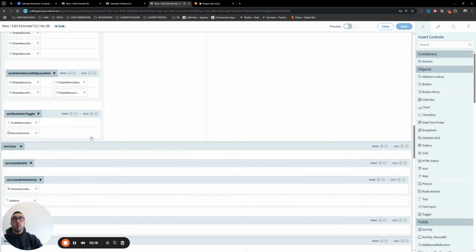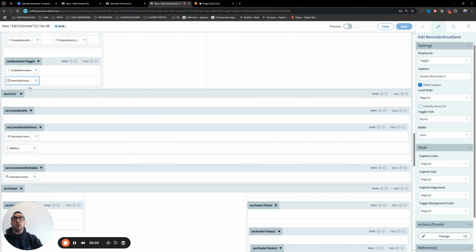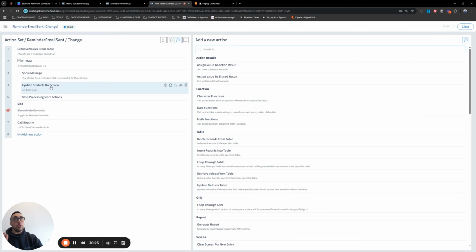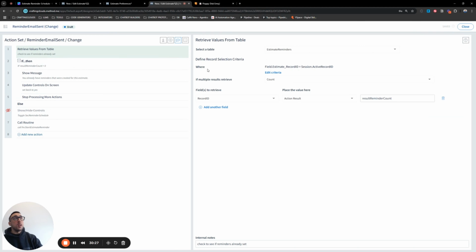So I'm going to go to my toggle and I'm going to briefly show you what the logic is. It doesn't have to be exactly like this, but this should give you good direction. Now, you'll see here, I have a retrieve and I'm pulling from my custom table that I just created, the estimate reminders table. And I'm saying, for this estimate, tell me if there's already reminders created in this table for